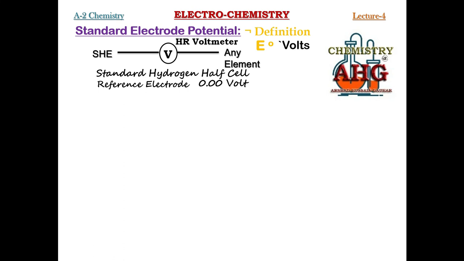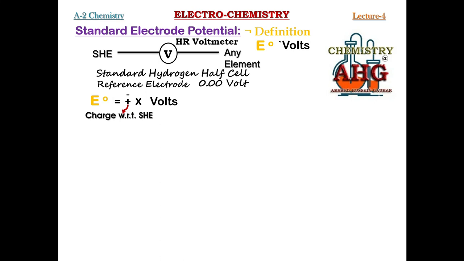Whenever we determine this standard electrode potential, it is denoted by E naught, and the numerical value of E naught in some cases is positive and in other cases is negative, but always the unit of standard electrode potential is volts. Now what does this negative or positive sign indicate in the value of standard electrode potential? You must remember this positive or negative sign indicates the charge on that cell with respect to the standard hydrogen electrode. Why this charge can be positive or negative, I will explain.